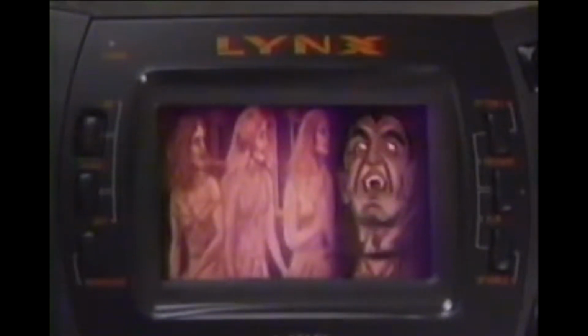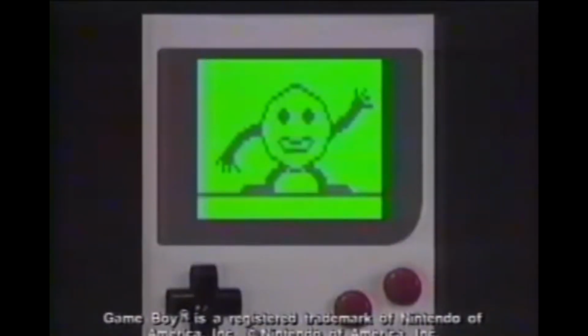I like Lynx, the screen is bigger! I like Lynx, more can play at the same time! Lynx has 16 bytes. I mean bits! I like Game Boy. 3 other